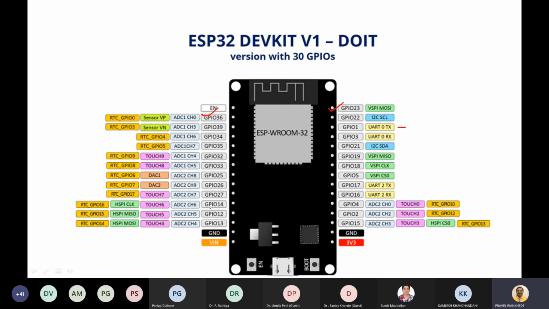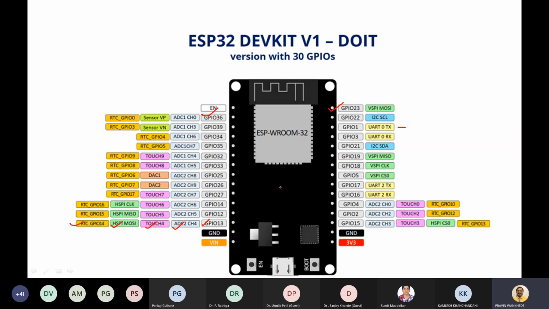Therefore, we have so many pins, and you can see each pin has multiple functions. See the last pin: this pin has RTC, this is also an SPI pin, this is a touch pin, this is an ADC pin, and this is a simple digital GPIO pin. So a single pin has 5 multiple functions available. At a time, we can use only a single function. Then there is a power source, 3.3 volt is available. Also, we have a 10-bit ADC, which is very good for our IoT board.